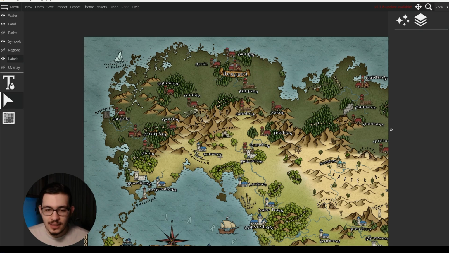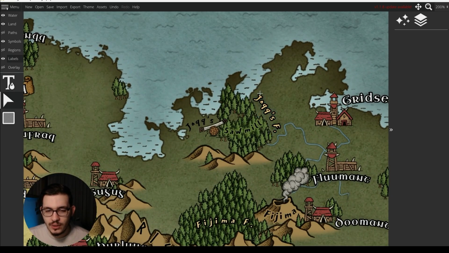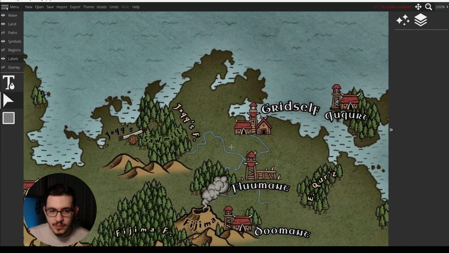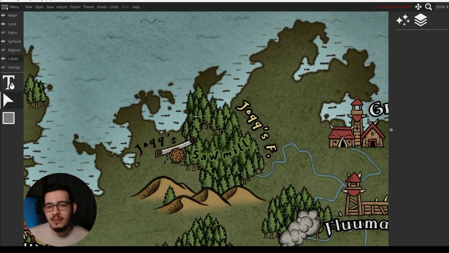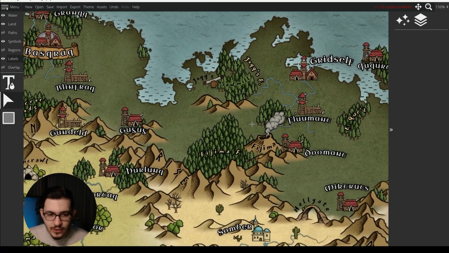So I apply these understandings all over the map. For example, here, you can also do things like this. All my forest names are on top of the forest, right? But this one is not, because why? It would overlap with this one. But because I already categorized the fonts in a consistent way, you would immediately understand that this text, this name, is for the forest. So you just need to spend a little time around the map and you will see the consistency, and automatically you get it.